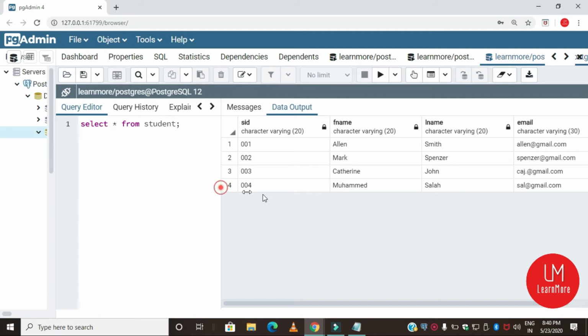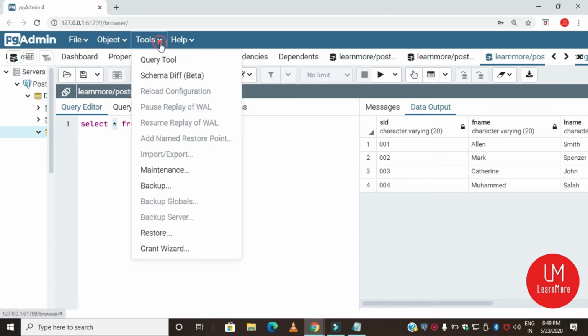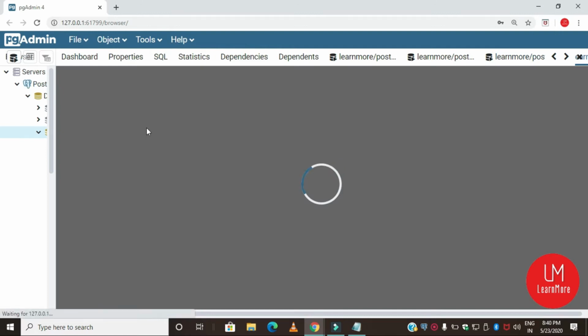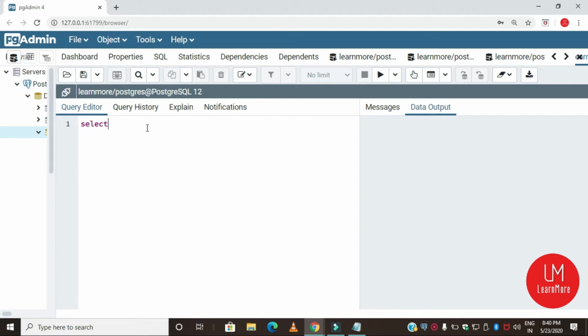This can be done in another way by specifying the column names instead of the star symbol. Let's try that. Select SID, comma, FNAME, comma, LNAME, comma, email from student.